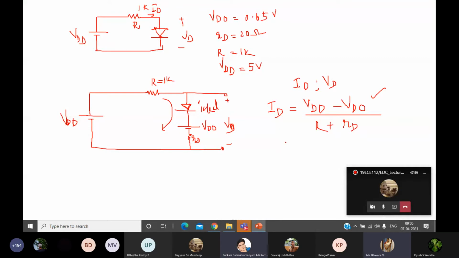Is it clear? Ma'am, given the negative terminal, do we have to take VDD plus VD naught? Which one? Here? Yes, ma'am. It should be a positive voltage greater than 0.5 volt, otherwise it will not behave as a piecewise linear model. Simply you cannot change the terminals. At the same time the diode has to work also, right?